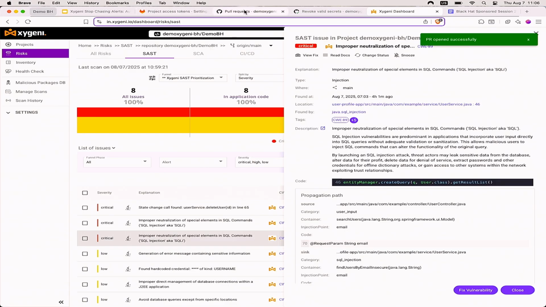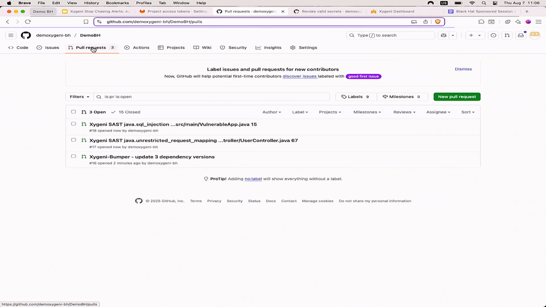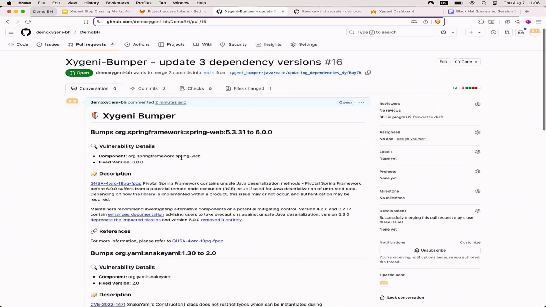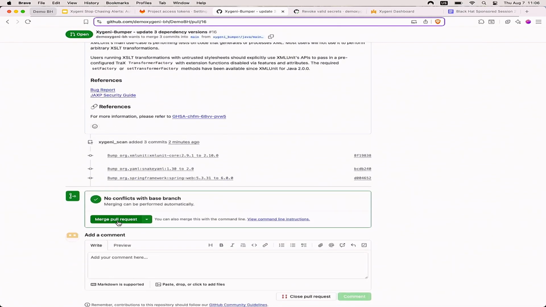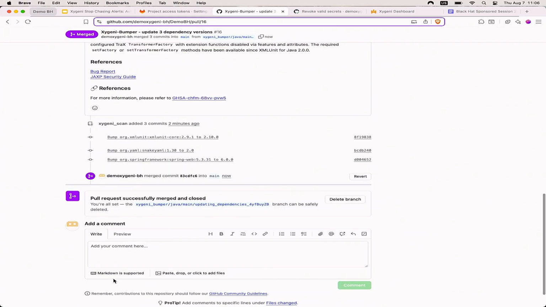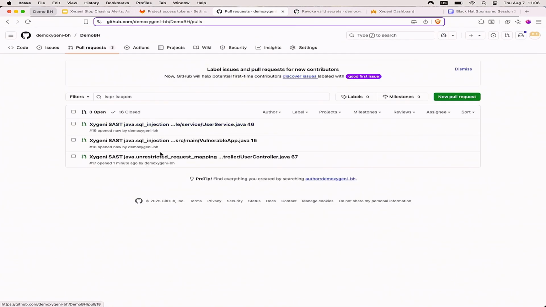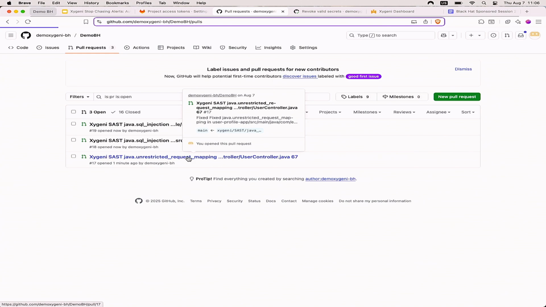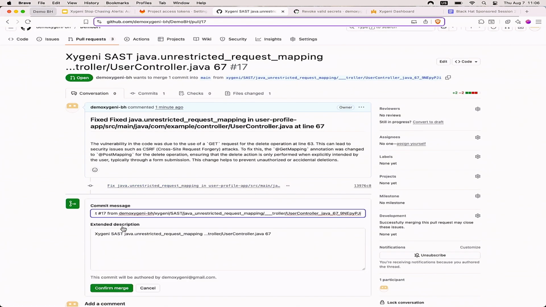Okay, so if we go to the code, we see the pull request, and we have here the changes for the version bumping of the dependencies. Okay, let's do the merge. Let's do the same for the other remediations.